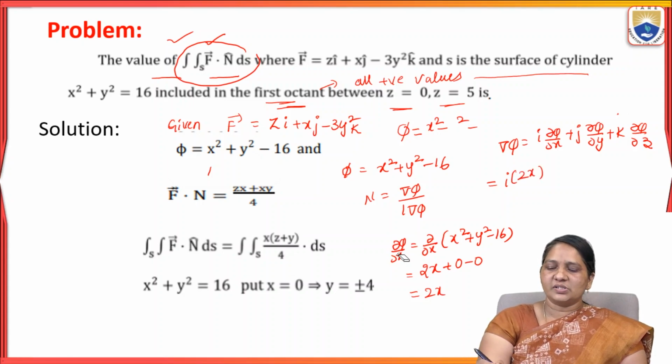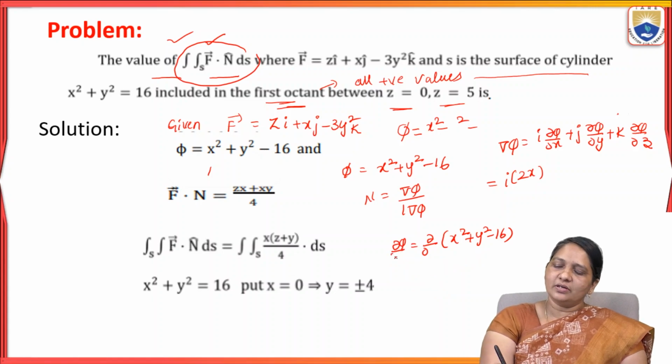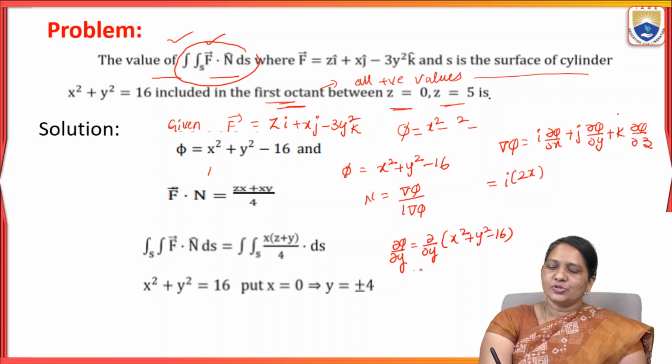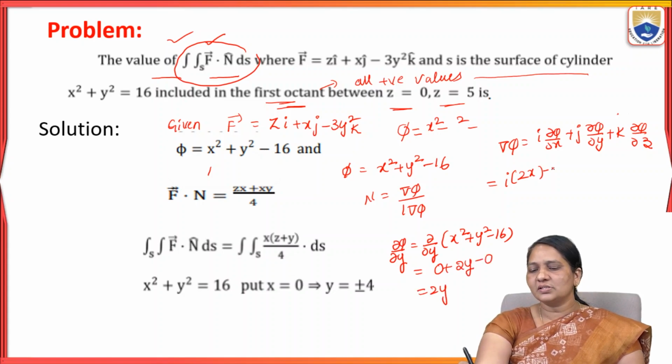Now with respect to y, ∂phi/∂y of x square plus y square minus 16: with respect to y, x square gives 0, plus y square gives 2y, minus 0. So 2y, this value is 2y into j,